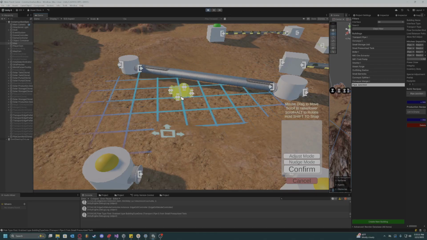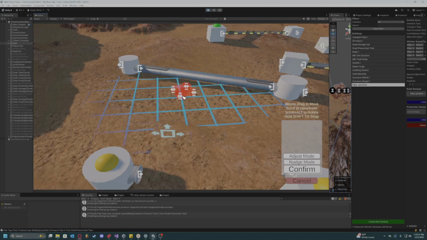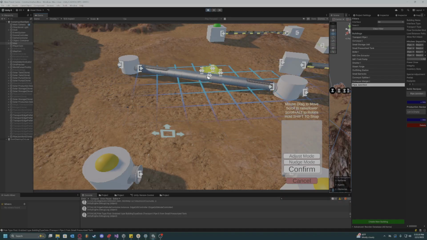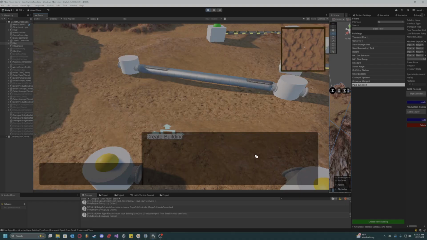So you can see if I get relatively close, it snaps, and then I kind of have to go a little bit further than that to unsnap. So it's kind of sticky. And it allows the player to easily drag along an edge. And this will work for, if I cancel here,